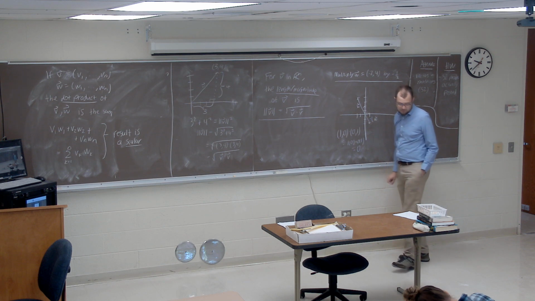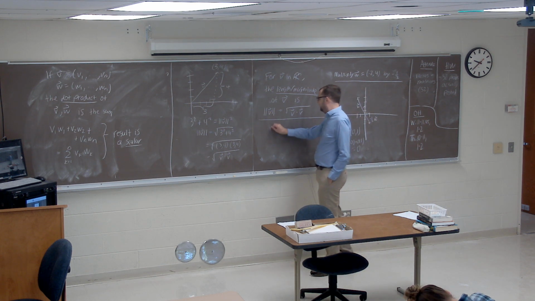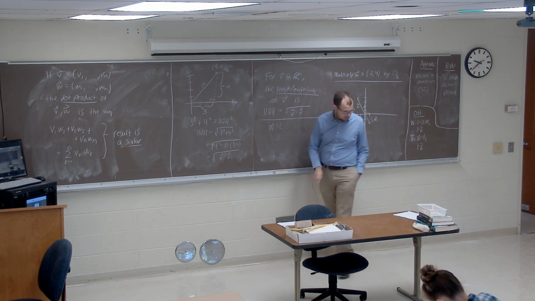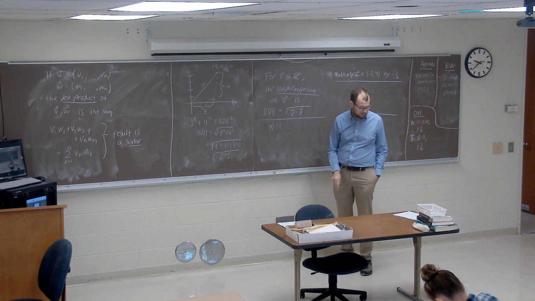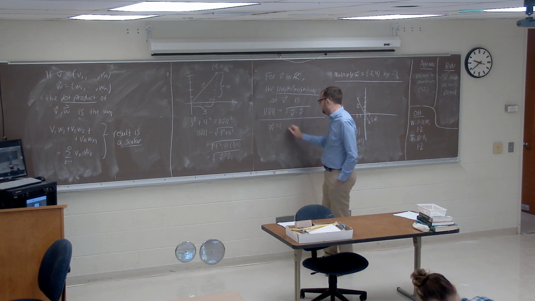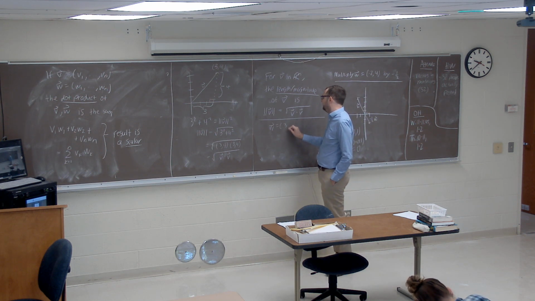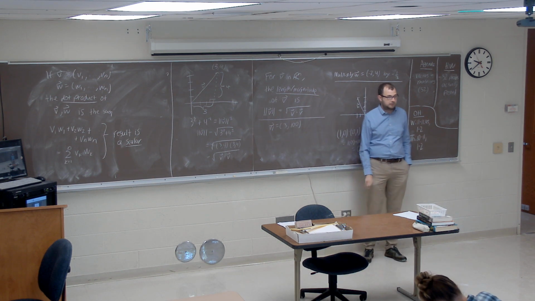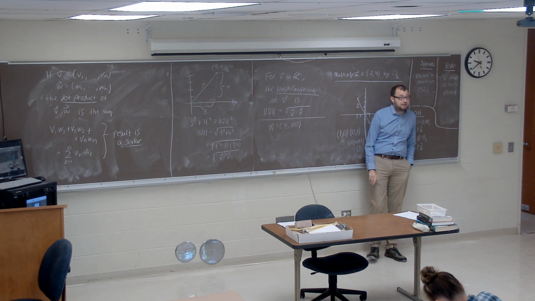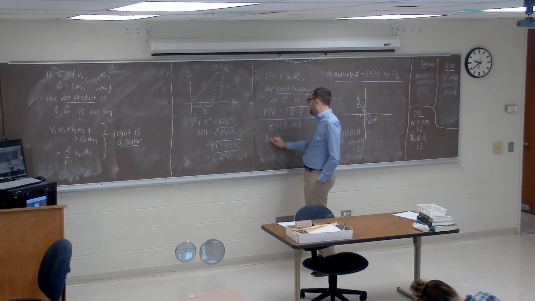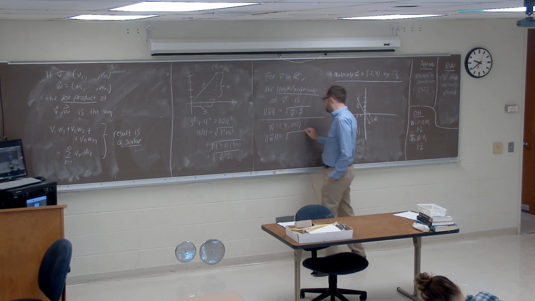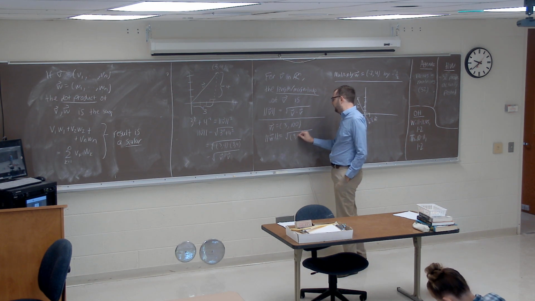So, for instance, if w is the vector 3, negative... why did I say 3 negative 4? It's the exact same expression. Let's change up the numbers. Let's say vector w is 3 comma 100. And you want to take the magnitude of that vector. You can do that by taking the square root of 3 comma 100 dotted with itself,